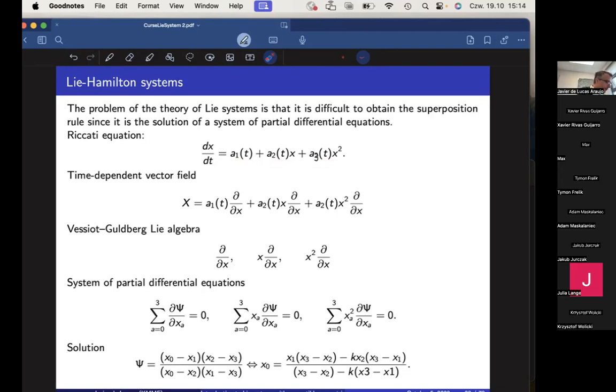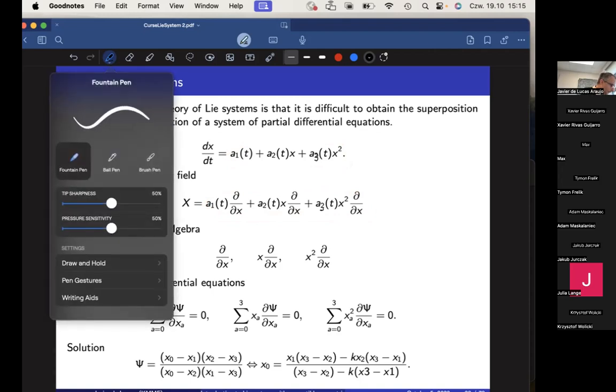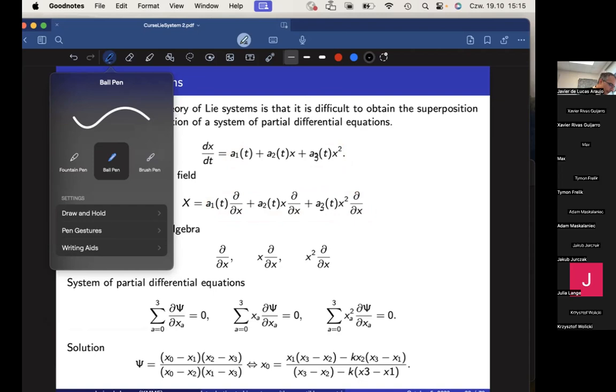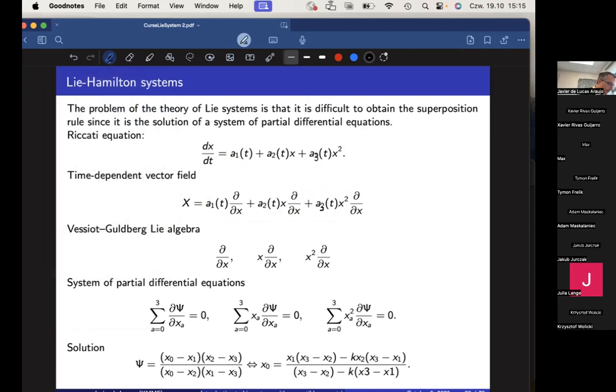So the standard way to study this geometrically was to relate the right-hand side of the Riccati equation with a time-dependent vector field. I mean, a t-parameter family of standard vector fields. So the way is to put this as a vector field on the real line, of this way. And you see, the only thing you have to do, and this is a3, as I said before, the way of doing this is just to consider for the right-hand side this part like the coefficient of a time-dependent vector